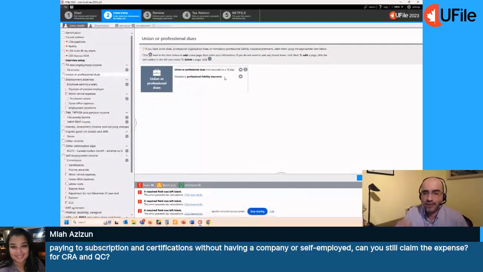Now, if you paid expenses for certifications, like for example you had to do certain exams in order to continue, that would ordinarily be considered a tuition fee. But if it's subscription fees, which are usually fees that you pay to be part of a professional order, that would be a union due. That's where you would claim them.